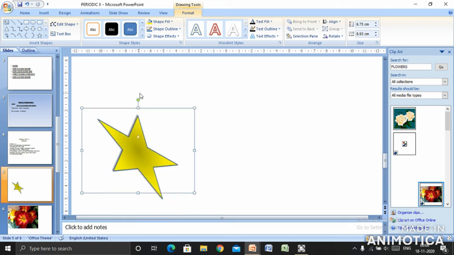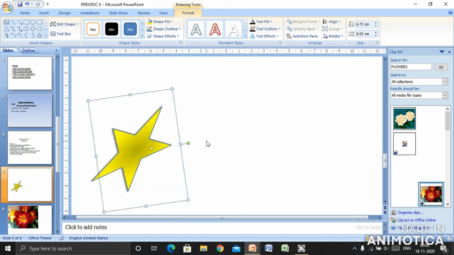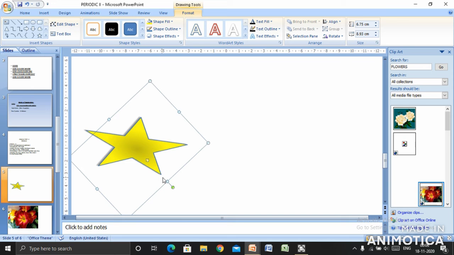This is about resizing. Now rotation. You can rotate the shape the way you want. This is known as the rotation handle. So this was, children, about the rotation of the handle, pictures, shape and text. Whatever you want to rotate, this way you can do it.